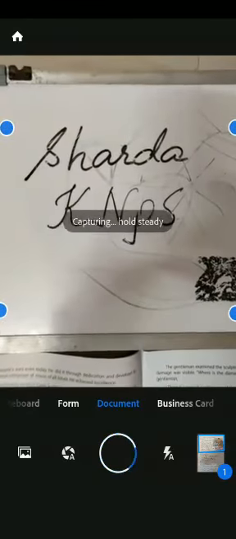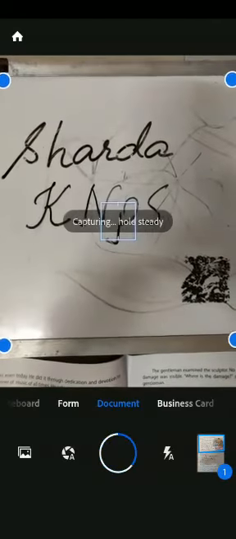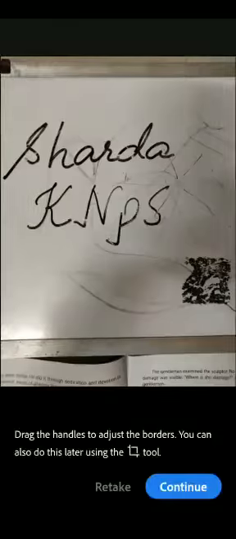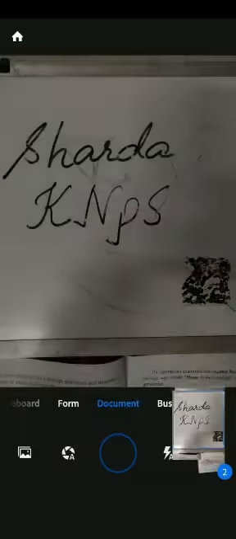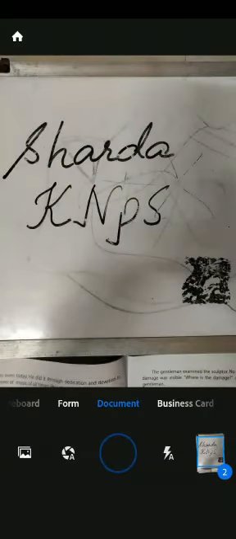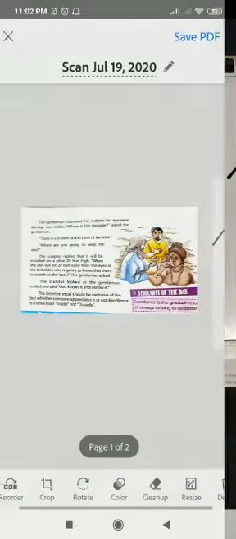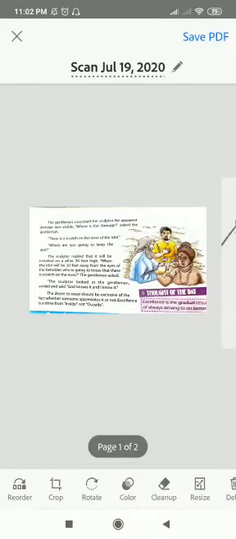Now I'll show you scanning on a whiteboard. This is my whiteboard wherein I have written a few things. Just to check, I hold it steady, it has scanned, and I click on continue. However, I find there are a few lines and unwanted things here which I want to change. So I can directly go to the picture. Let's see the beauty now. Here the date and everything is appearing.